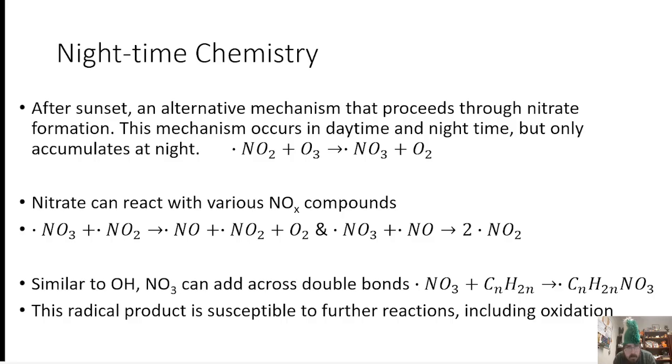And the nitrogen monoxide can also react with nitrate. It can form nitrogen dioxide. So we can get a mixture of different products with this. The NO2 is essentially decomposing our ozone, giving us a variety of mixtures of NO2s and NOs. But similar to the OH radical, the NO3 radical can also add across double bonds to form